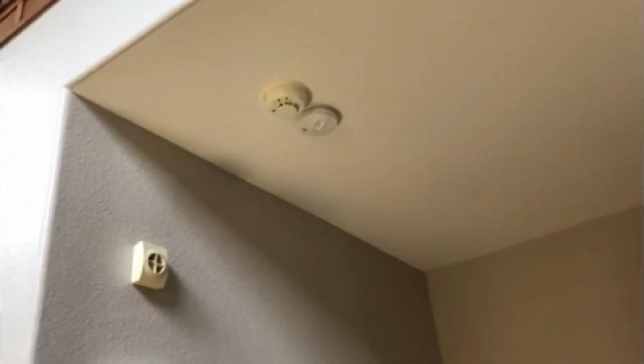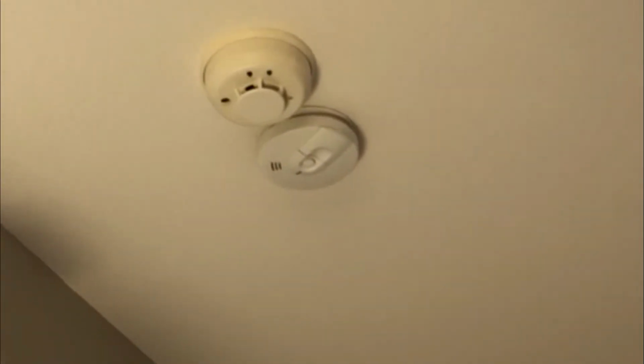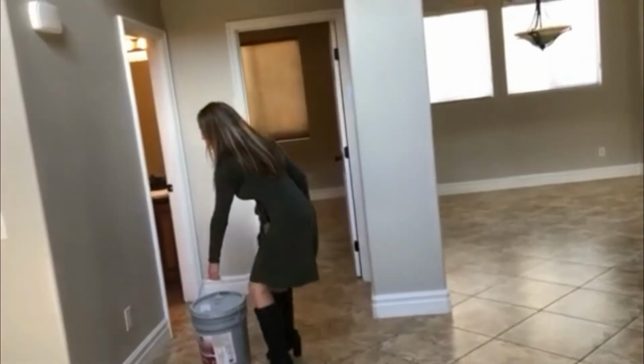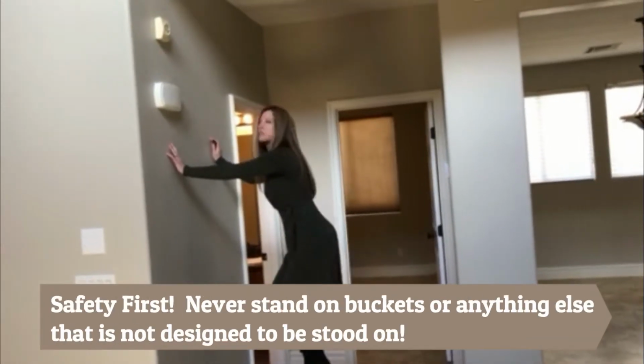Now let us show you how to replace the battery in a smoke detector. Did you bring the step stool? Thought you had it. Nope. Can you reach it? Oops. Michelle, you're not very prepared. Okay, let's figure this out. We can come up with a plan, Sabrina. Okay, so what do we do? Let's figure it out. Well, I found these buckets in the garage. Okay. So let's try this. Well, I thought we were supposed to show safety first. If nobody knows what's going on, then...